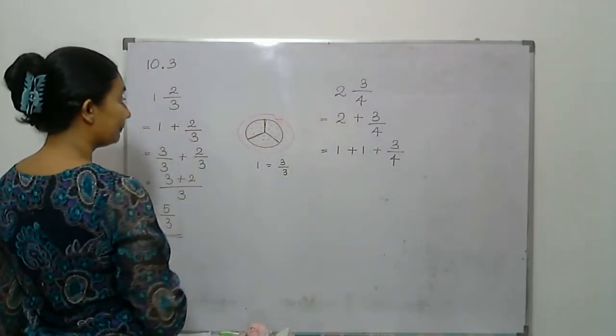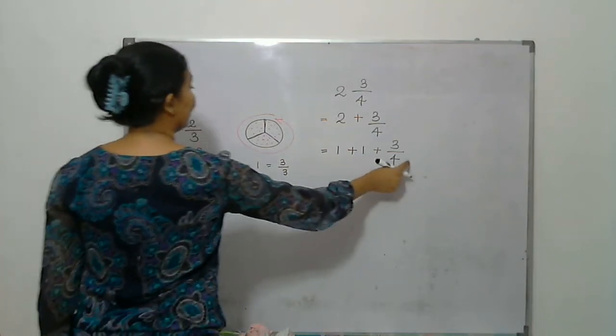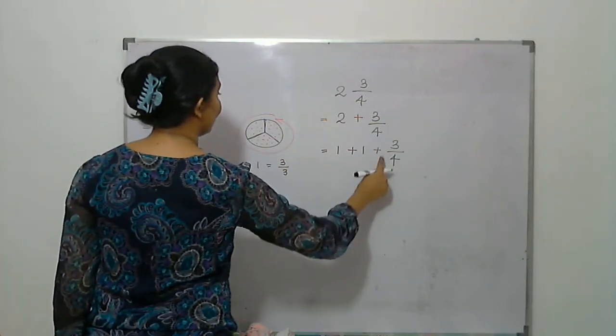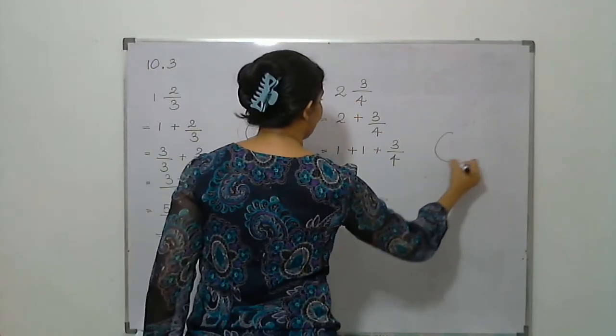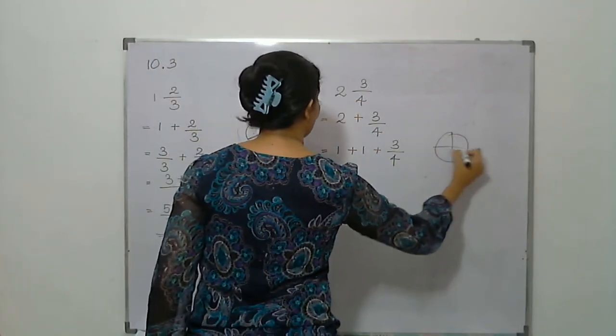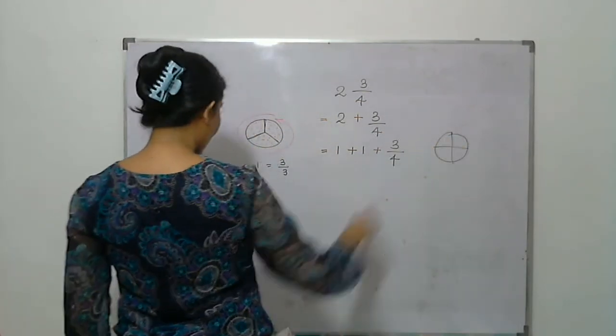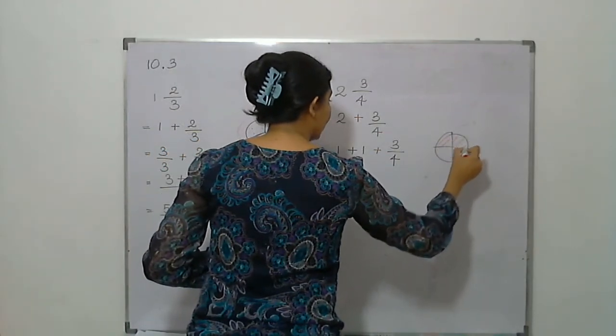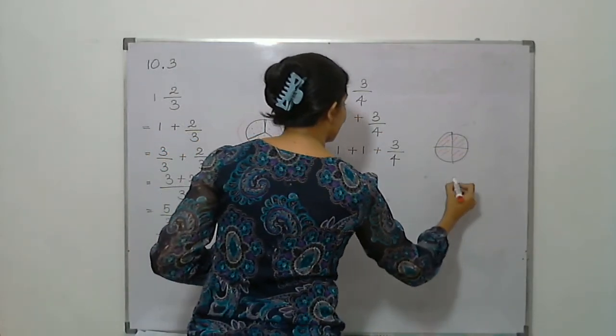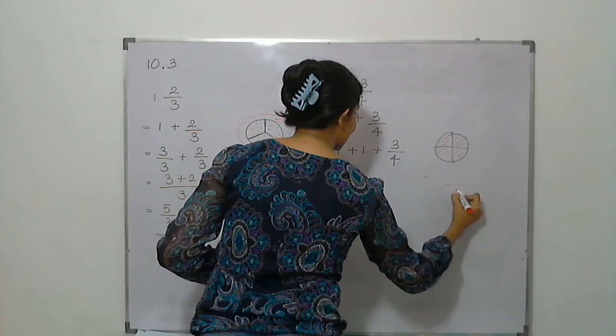Like this, okay? Then again we have to check the denominator of the fractional part. It is 4. Then we have to draw a figure and separate it into 4 parts. To take the whole figure, you have to shade all 4 parts. That means